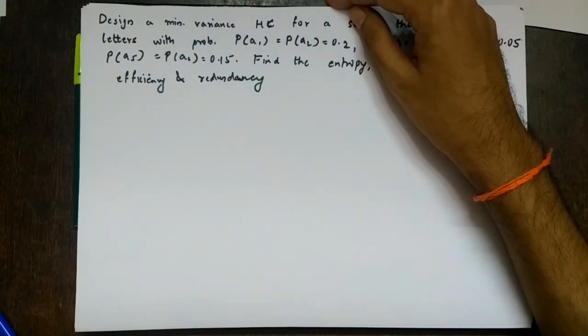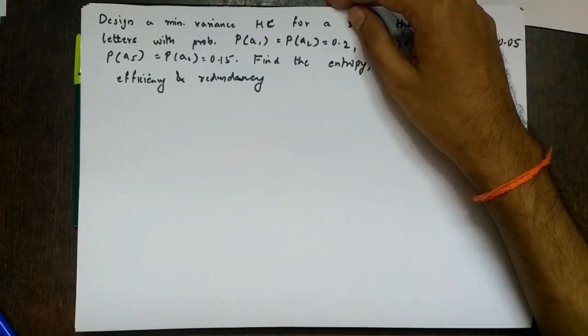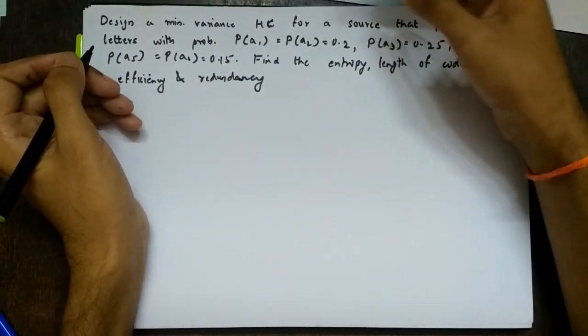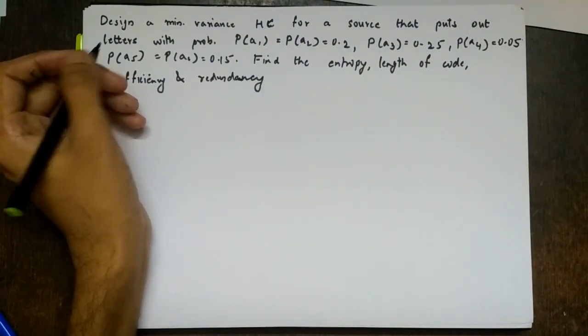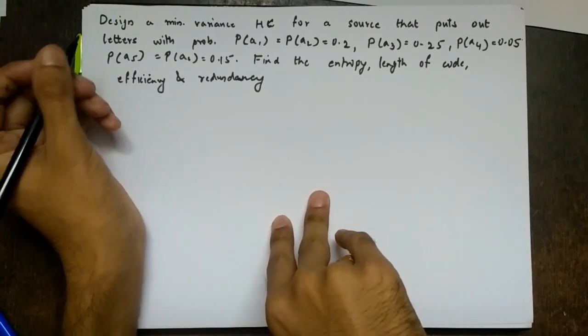So we had solved a numerical. What was the procedure for that numerical? First we have to assign the probabilities in descending order, write them corresponding to the particular symbols. Then we write the code word by constructing a tree. Then I had touched upon minimum variance Huffman coding. I had said that questions are also asked on minimum variance Huffman coding. So in this lecture we'll discuss minimum variance Huffman coding, and for practice we'll also solve the same numerical using normal Huffman coding. So let's go through the numerical.